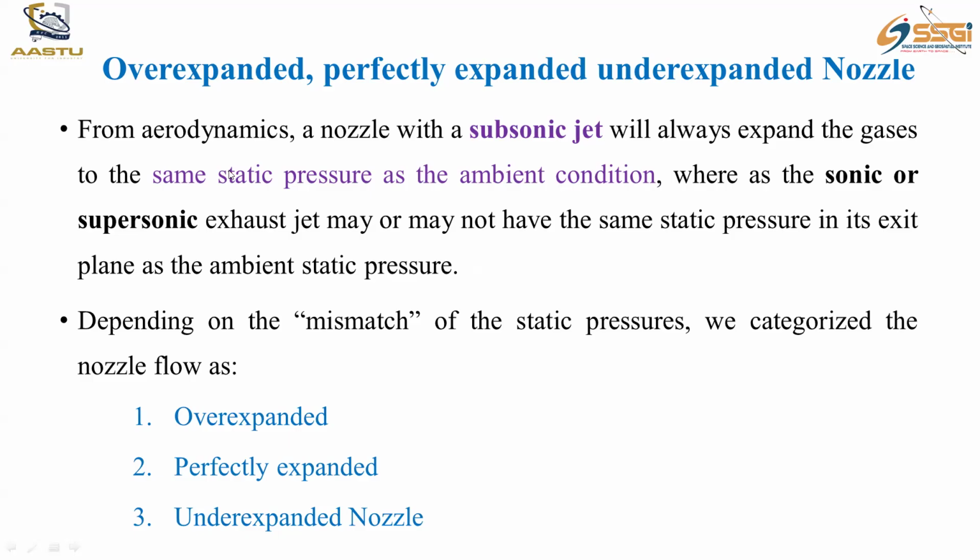From an aerodynamic point of view, a nozzle with a subsonic jet will always expand the gas to the static pressure of the ambient condition, whereas in a sonic or supersonic exhaust, the jet may or may not have the same static pressure at the exit. If it has a positive static pressure at the exit, it contributes to the thrust again. So depending on the mismatch of the static pressure,